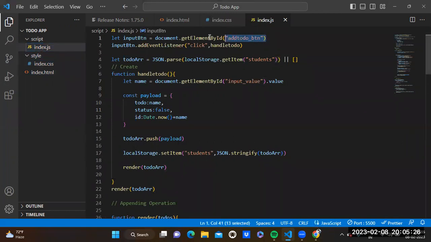Firstly, we catch the input. Firstly, we catch the button by which clicking all things happen, and add an event listener to this button, and pass the function here without any parenthesis, because the event listener calls it itself. And now we create this function, handleToDo, and in this we